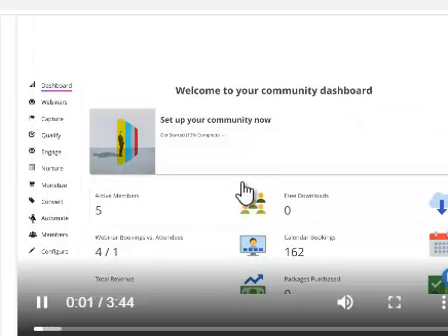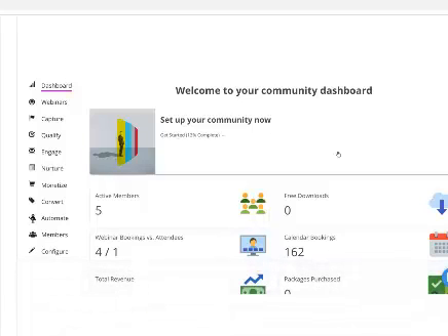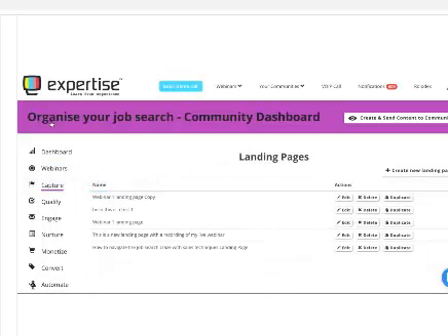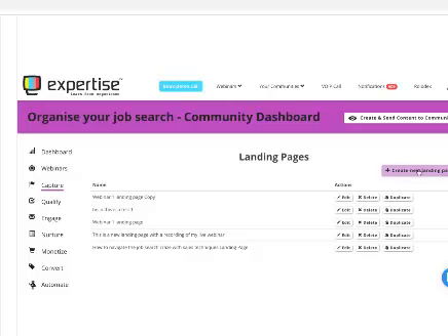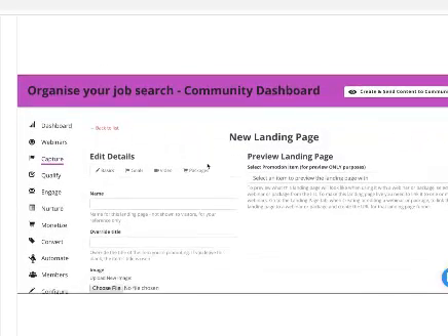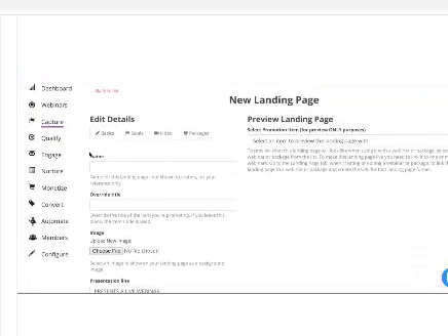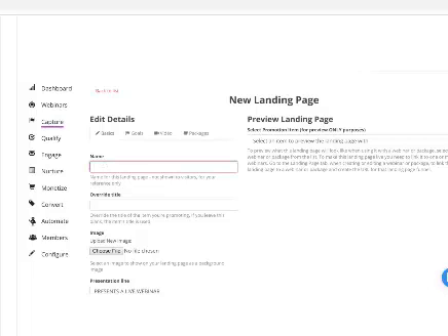Let's go and create your first landing page. From your dashboard, left-hand side, go to Capture. And now click on Create New Landing Page. Here on the left-hand side, let's give our landing page a name. This is just for us to see. And on the right-hand side, it says Preview Landing Page. In this drop-down, if we search,